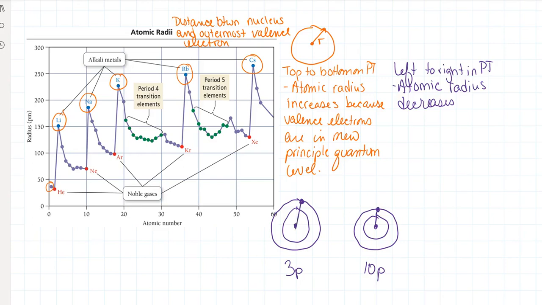And the answer has to do with this number of protons. When we take a look at what we talked about, that shielding, our effective nuclear charge, or how much force the electron feels,